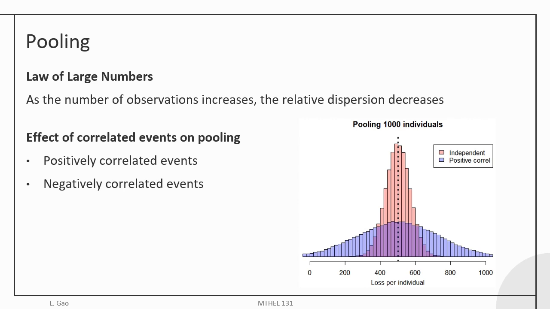And so on the flip side then, right, negatively correlated events would actually improve the benefit of pooling compared to the independent case. It's just that oftentimes we don't actually observe negative correlation in the realm of pure risks, right? Because in the realm of losses, all the outcomes are either 0 or negative. And so actually having them move in opposite directions doesn't really exist when our outcomes are all negative.